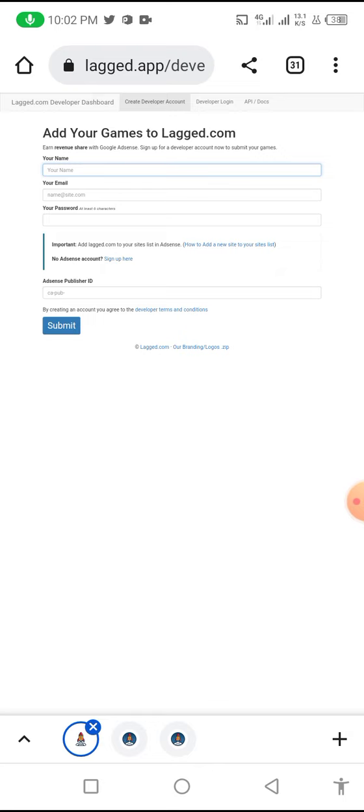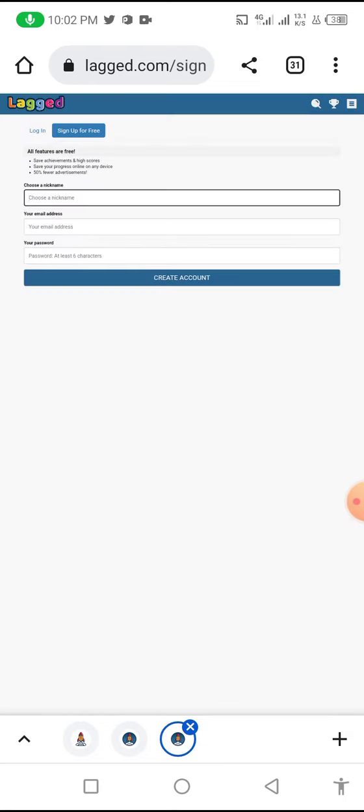Today we want to bring to you about Lagged. Lagged is another platform that is an alternative to Yo.fan. Lagged will give you quick approval, so it's a good update for mostly game lovers and those who are developers.